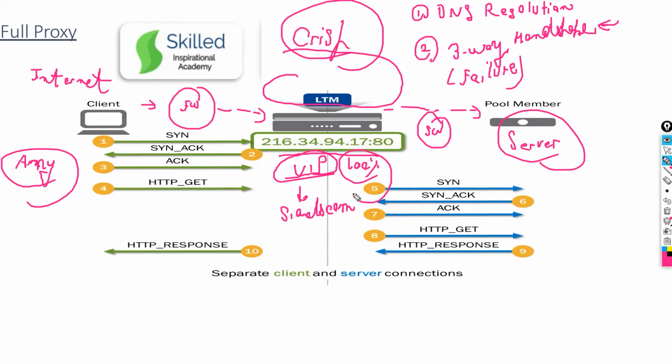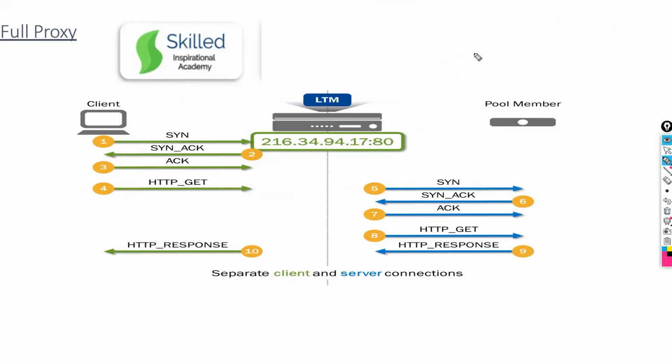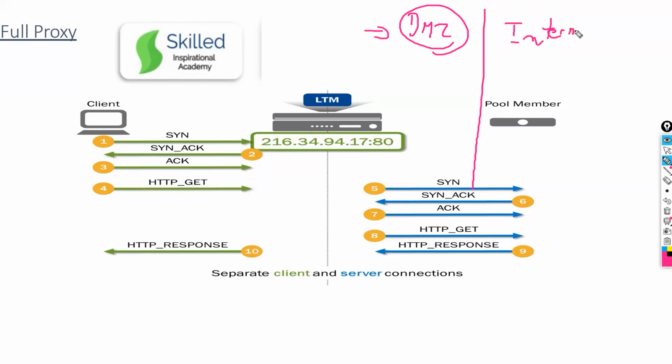Now let's say there are scenarios. There are two scenarios which generally I found in production. Most of the internet applications are deployed in DMZ. Can anyone tell me why most of the applications are deployed in DMZ? Because those are accessible from the internet. Okay, so you need to keep a separate network which should not impact your internal network, or intranet, correct? Those are the internet-facing servers. Excellent. What is the full form of DMZ?